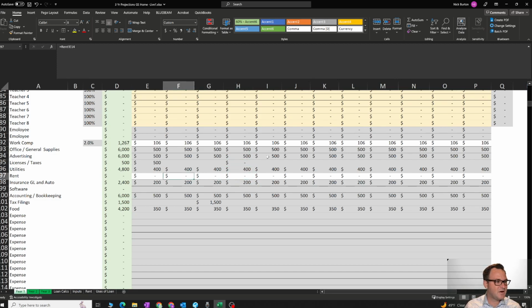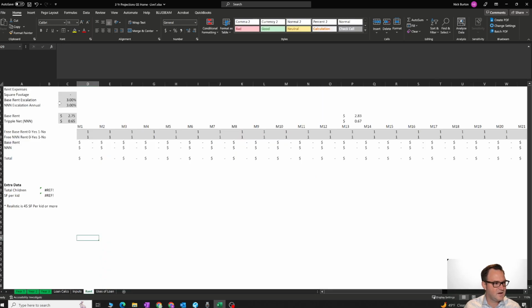So the rent area here, that is tied to the rent tab over here. And you're going to have to kind of work backwards with this. Chances are, if you're applying for this grant, you own your own home. If you happen to be renting your own home, then this is where you would calculate your rent. So this is really more used for commercial environments here. So you can use it, but it's based off of square footage. Well, usually your home-based rent isn't based off square footage. So you would have to,